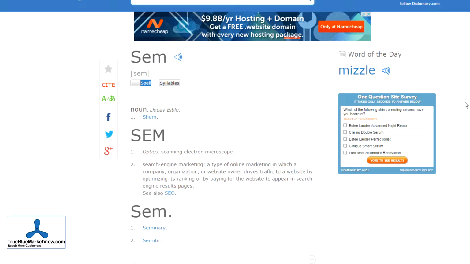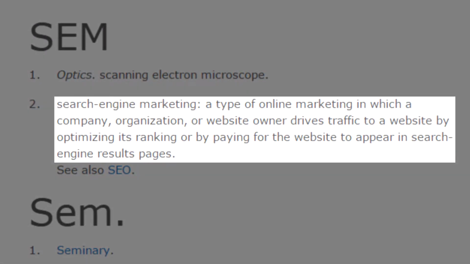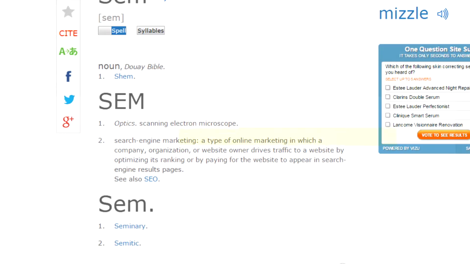On the other hand, SEM, or search engine marketing, is a type of online marketing in which a company, organization, or website owner drives traffic to a website by optimizing its rankings, which would be SEO, or by paying for the website to appear in search engine results pages.